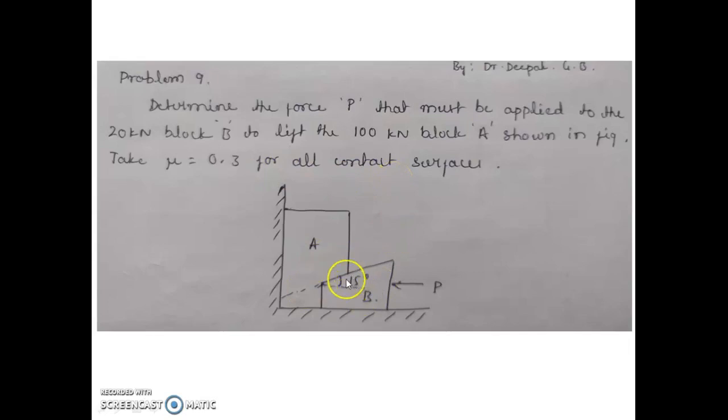Okay, this is the figure. This is block A. It is leaning on the vertical surface and resting on a wedge block B. I am applying a pushing force on block B so that block B moves towards the left side, and block A will rise or be lifted. And similar to the motion of block B, block A tends to move towards the right. We will try to solve what P is required to raise this block.